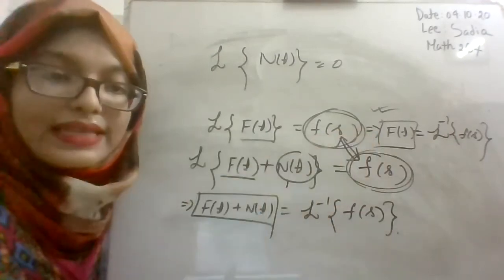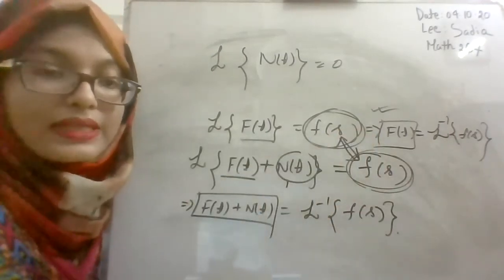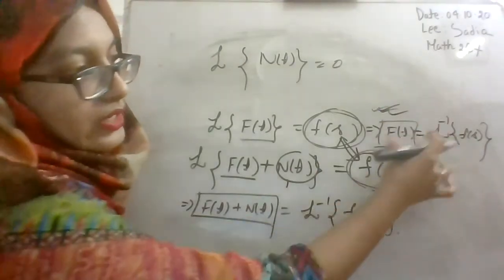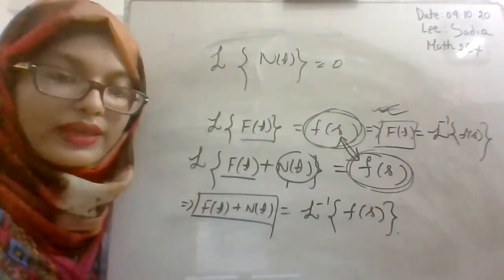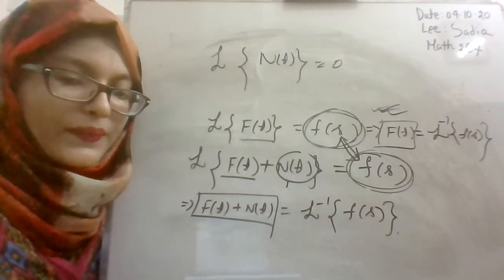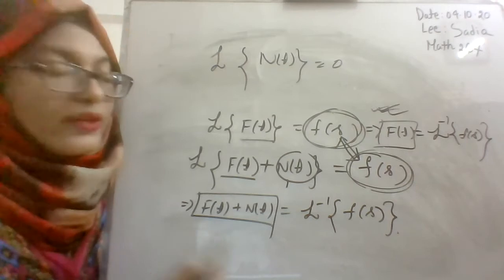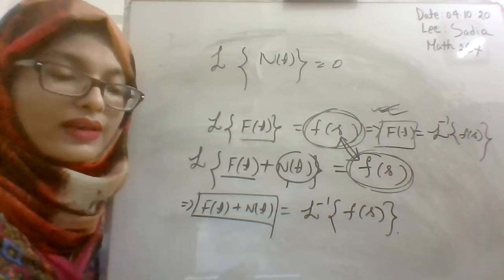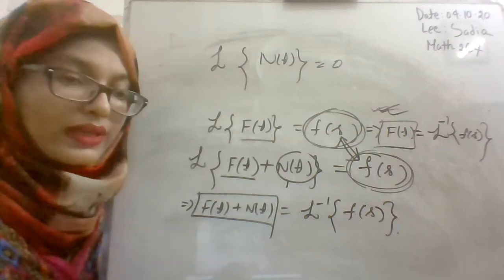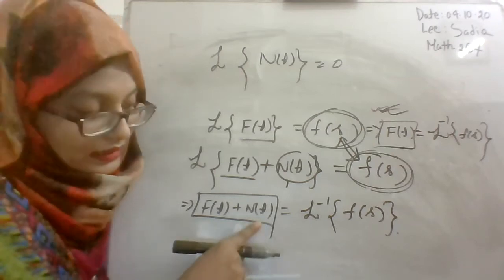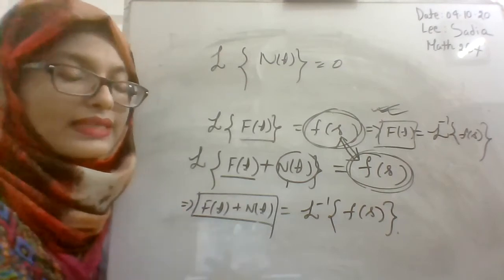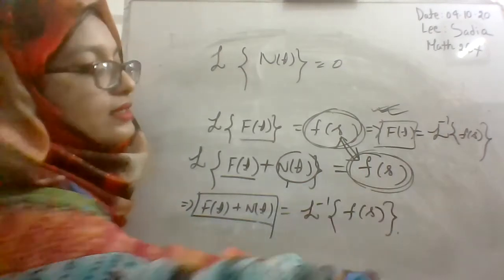So we can say that for the null function, your Laplace transformation is unique, but your inverse Laplace transformation f of t, is it unique? Inverse Laplace transformation for the null function is unique or not? No, ma'am. If we consider the existence of the null function, then our inverse Laplace transformation will not be unique. But if the null function does not exist, then we can say that the inverse Laplace transformation is unique.